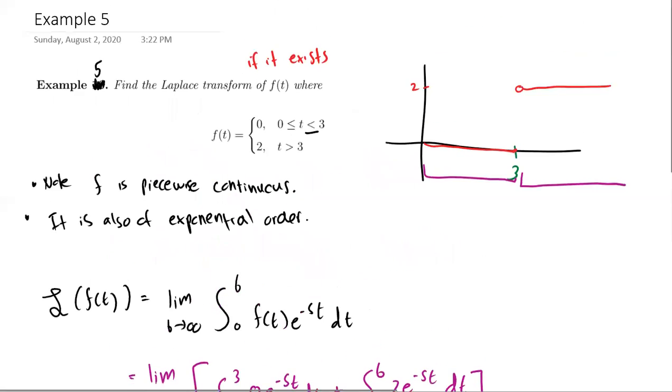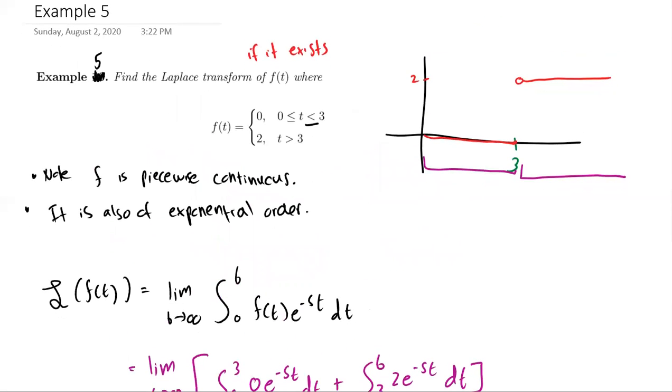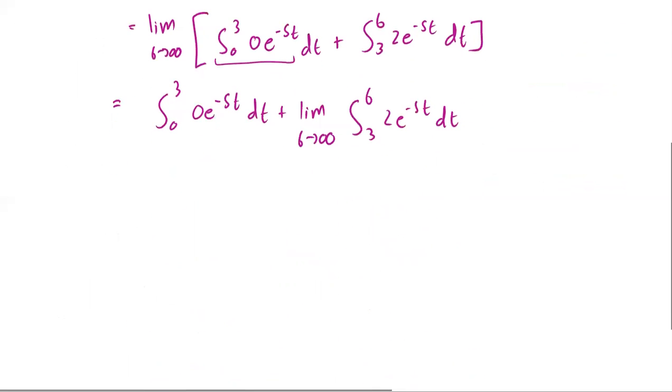You can see it here. You can think of it as there's no area bounded by this function, because it's just a 0 function. So that's one way you can think of that. So the first part is going to be 0 plus, now let me move the 2 outside because it's a constant. We can move it outside of the integral and of the limit